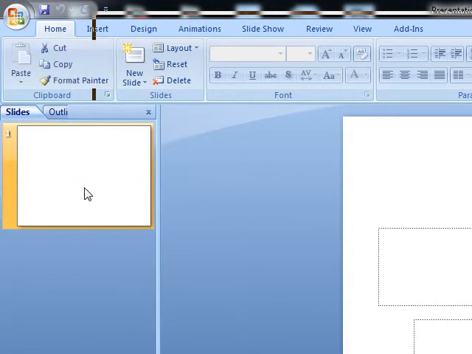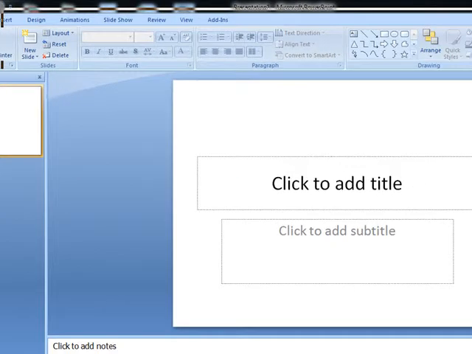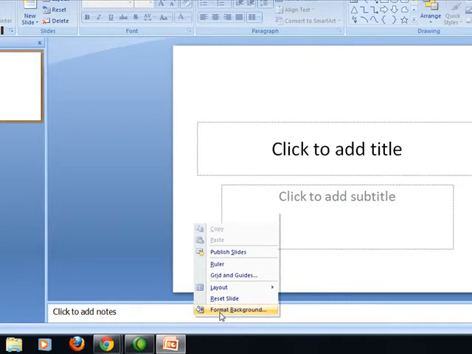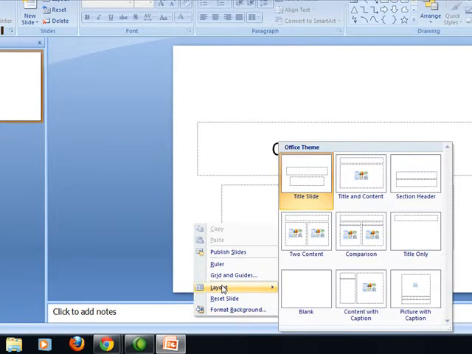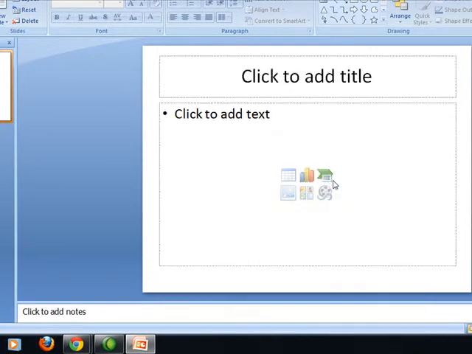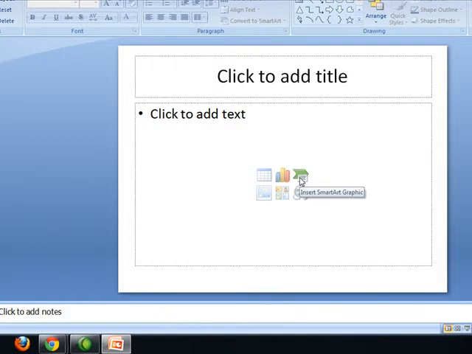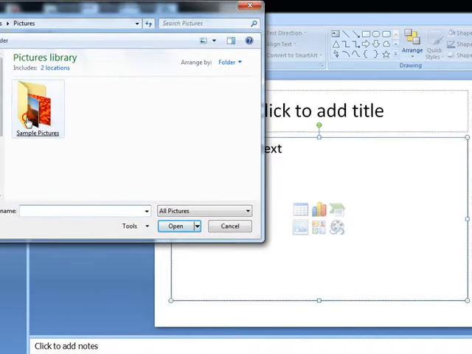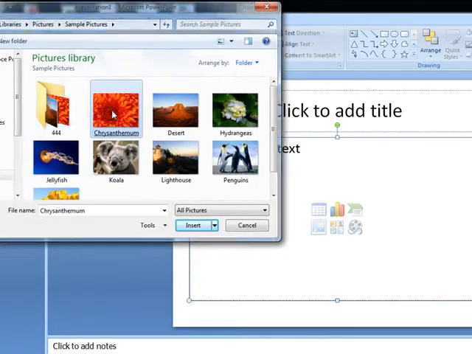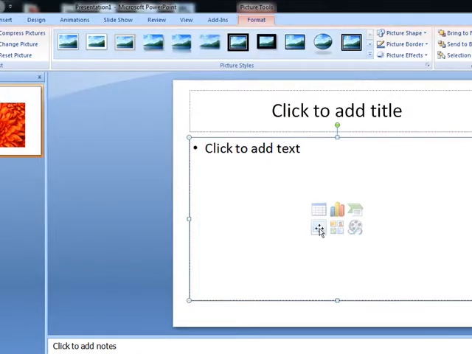So suppose you want to start developing your e-manual, then this is your home page. That is the first page. You select the layout of the slide. It can be either this, so that you can directly insert the elements from here. Suppose you want to insert the image, then click this. These are some of the sample images. You can click this, and